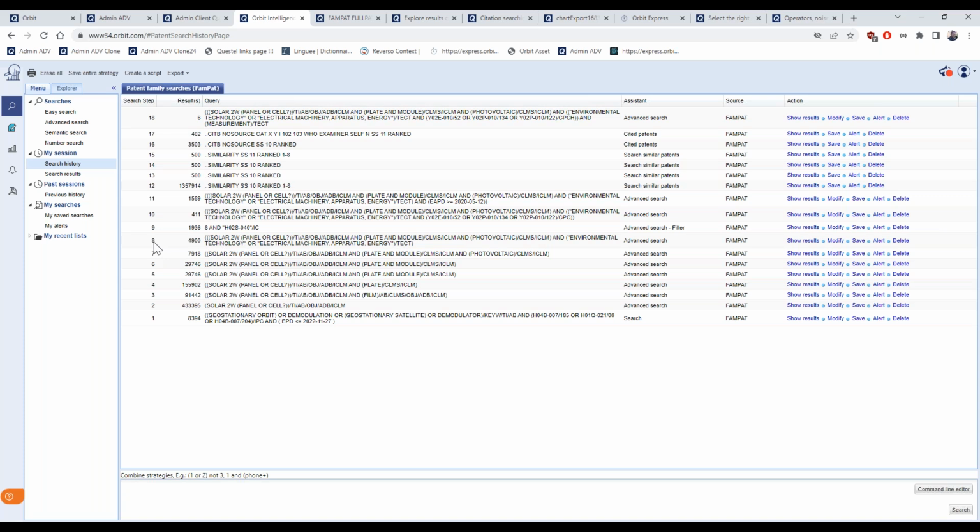So it's the search step number 8 from this section. Since I'm logged in to this Orbit Intelligence account, I ran these queries. So I would put 8, and I can combine with Boolean operators, maybe AND, to find matches with this one that we didn't see together.